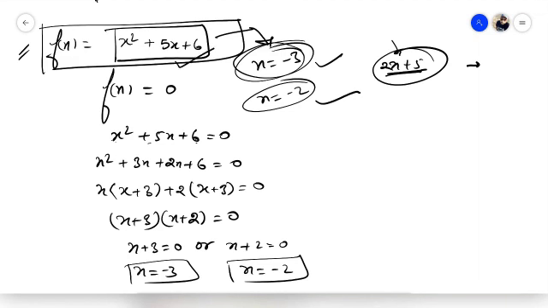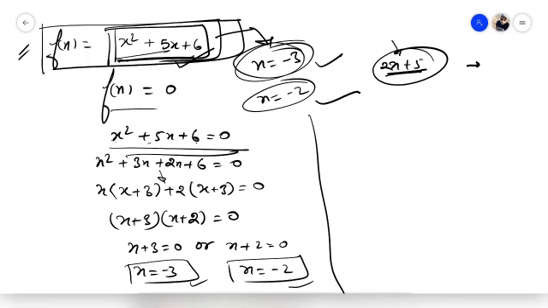And here, when we have a quadratic polynomial, the number of zeros is 2, and if you take a cubic polynomial, then the number of zeros will be 3. You can try it. And if you take a biquadratic polynomial, then the number of zeros will be 4. So that depends on the degree of the polynomial. Now I hope all of you know the meaning of the zeros of a polynomial and how to find them. Simply keep the polynomial equal to 0, and then solve for x, and you will get all the zeros possible.